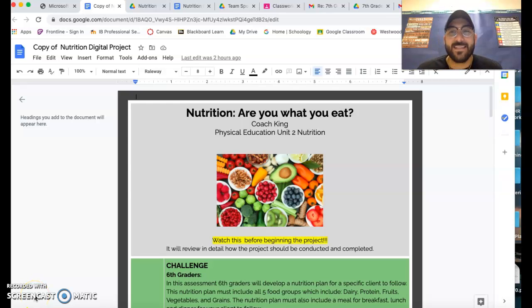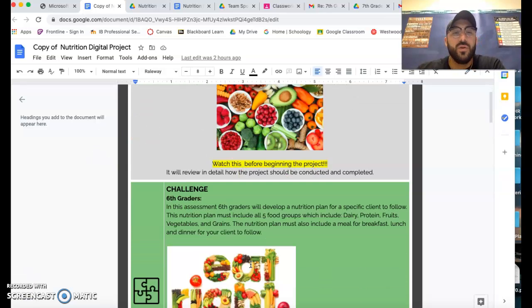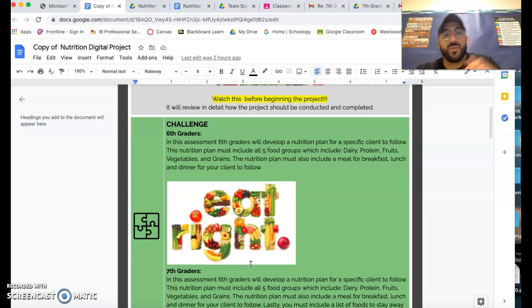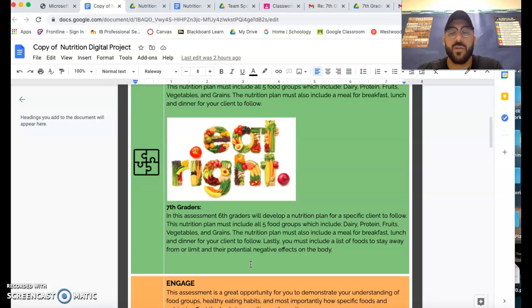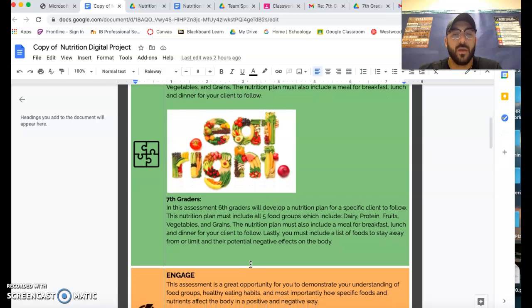This is Coach King. Today, I will be going over your guys' nutrition plan project. Before you even start looking at what you want to do, I want you to make sure you understand the difference between what the sixth graders are going to be doing for their project and what the seventh graders are going to be doing for their project. Fairly similar, but the seventh graders are going to be asked to go a little bit farther in what they